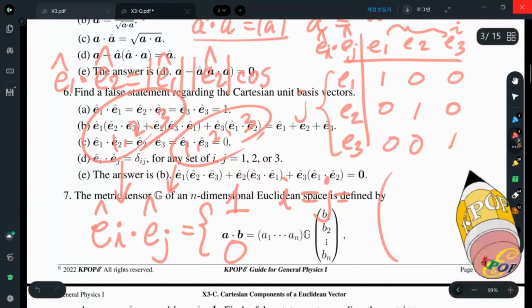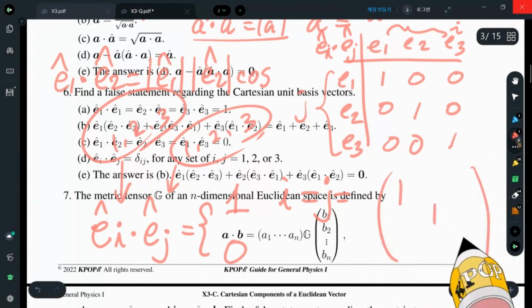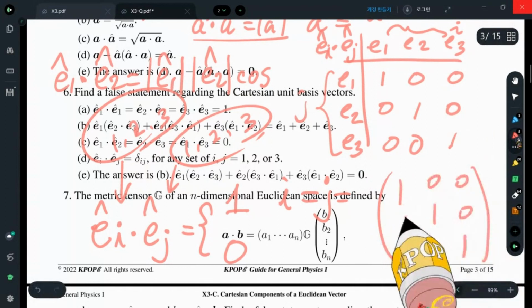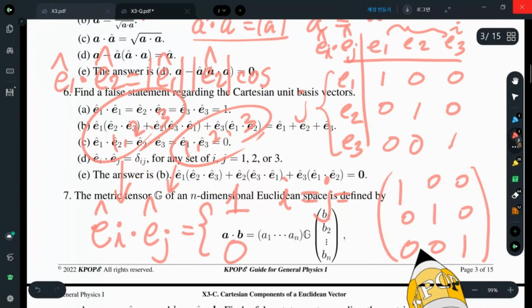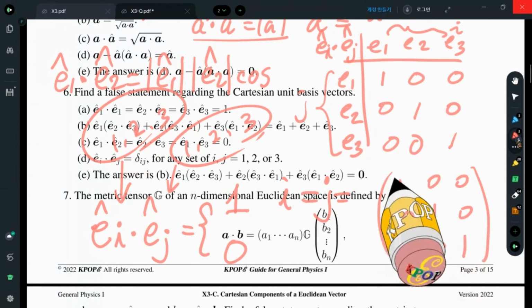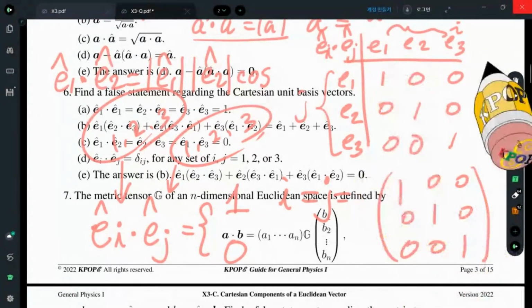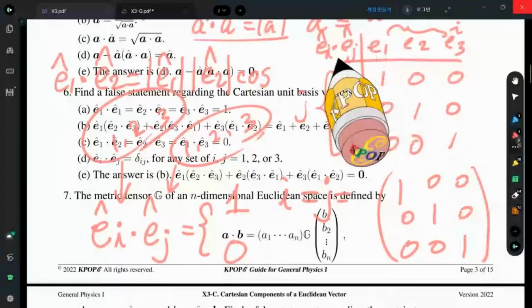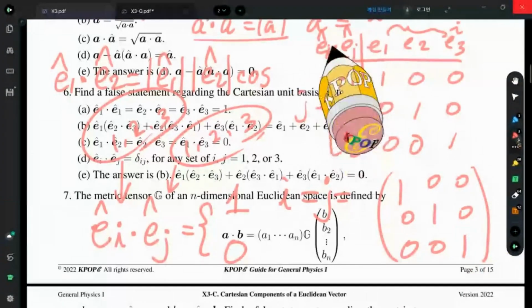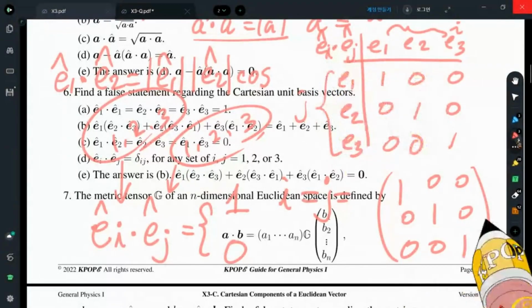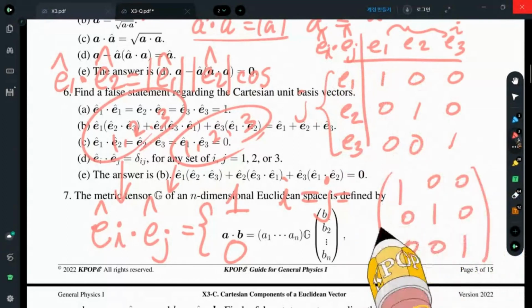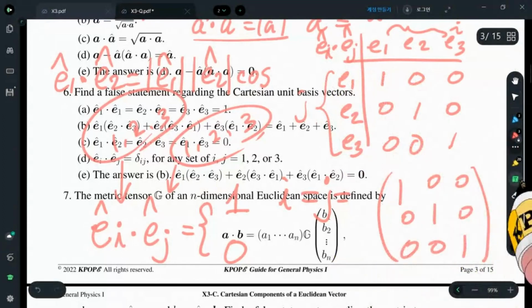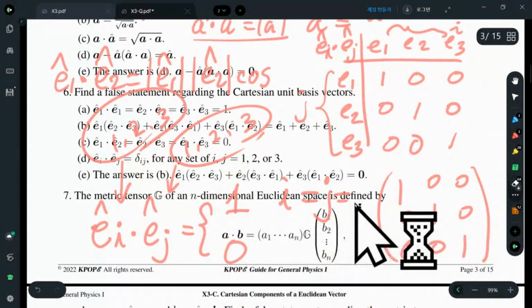This is called 1, 1, 1, 0, 0, 0, 0, 0, 0. Okay? Right? This array is a multiplication table of Cartesian unit basis vectors. Okay? We write this one as